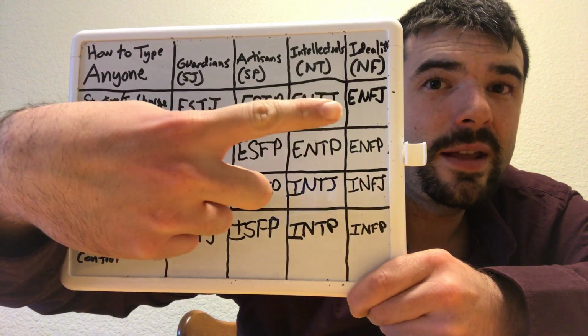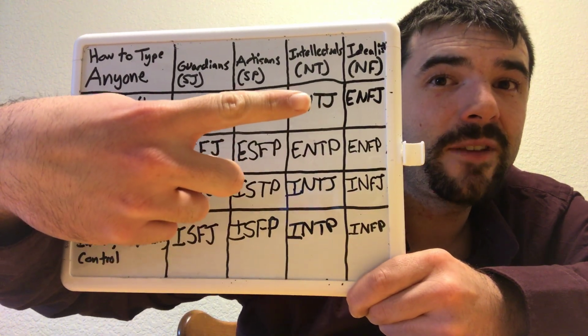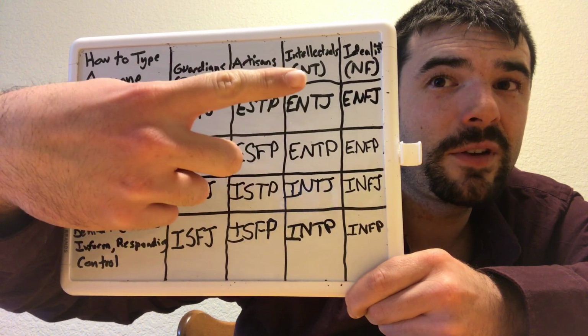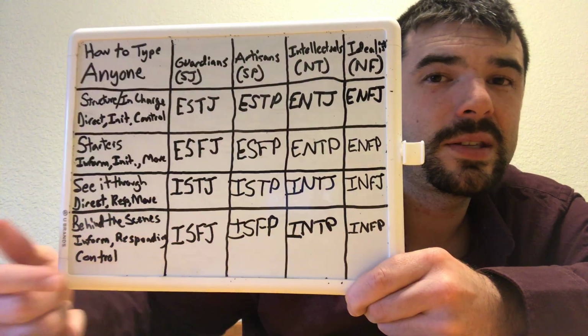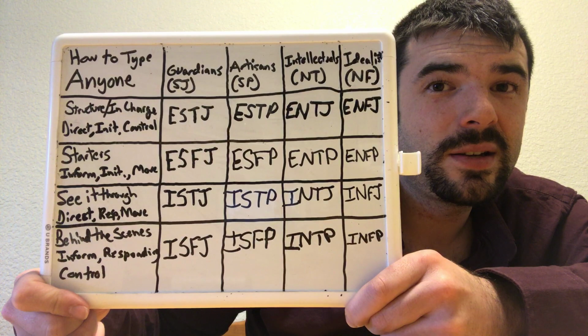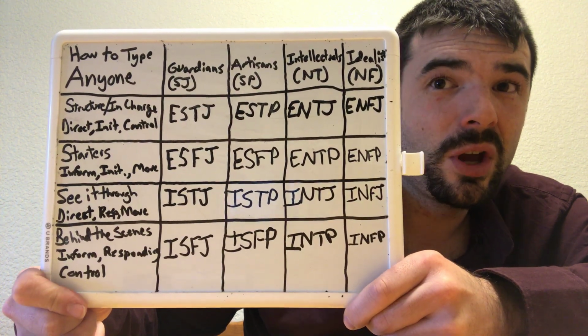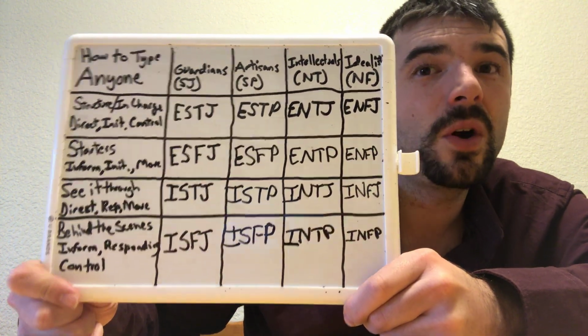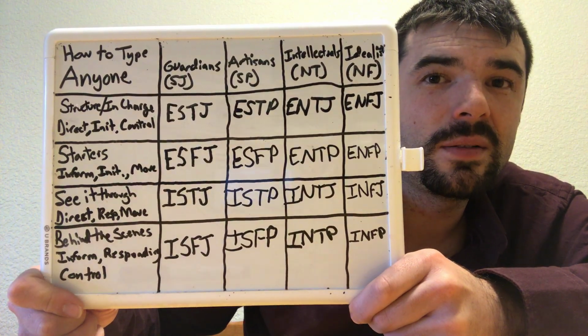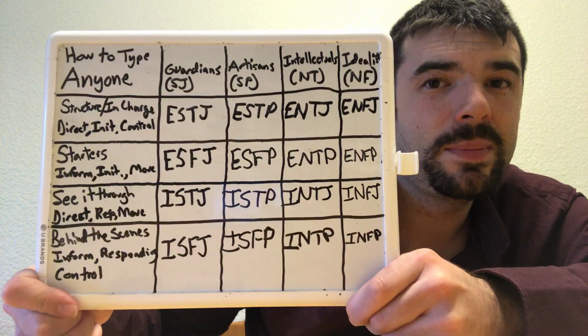So you've eliminated 14 of the 16 types just in the fact that you've identified SE child, and you just got to figure out they're an intellectual or an idealist. Is he very people-focused or not, right? That becomes the question. No? Oh, he's an ENTJ. Yes? Oh, he's a mentor. He's an ENFJ, right? This is how you type people.